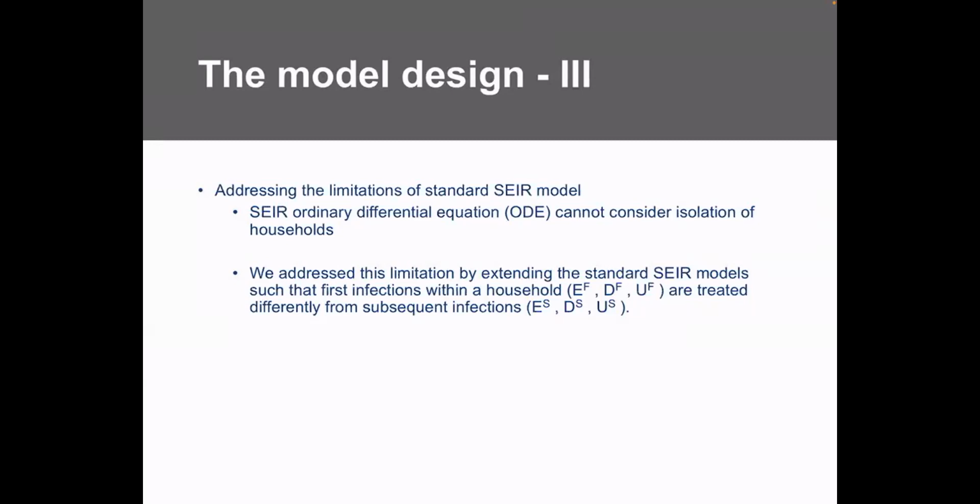The limitation is there because what happens is, suppose in my household, I get the disease and then I transmit that disease to my other family members. So what should happen to me? There should be a decay in the transmission rate of the first one who gets infected. And then the initial and the subsequent people who get infected cannot have the same level of transmission, so there has to be a decay in transmission and there has to be an increase in transmission. So the SEIR ordinary differential equations don't take that into consideration. So even if you set the parameter as 0 external to the household, they will still say that the transmission is there.